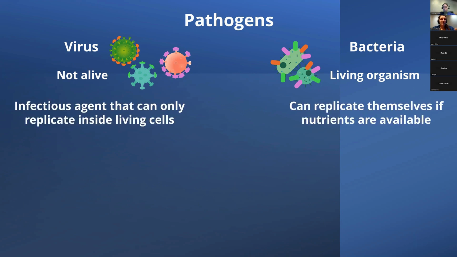One of the big things is that because viruses can't replicate by themselves, they actually need to do so inside our cells. Any living thing's cells, the virus will go into and use to make more copies of themselves. If you just take a virus and put it on a counter, it just stays there. Nothing happens. Whereas if you put a bacteria on a counter and give it no food or water or nutrients, it'll also just disappear. It won't be able to do anything. But if you give a bacteria nutrients on that countertop, it can replicate by itself. It doesn't need our cells. So it's a small distinction, but